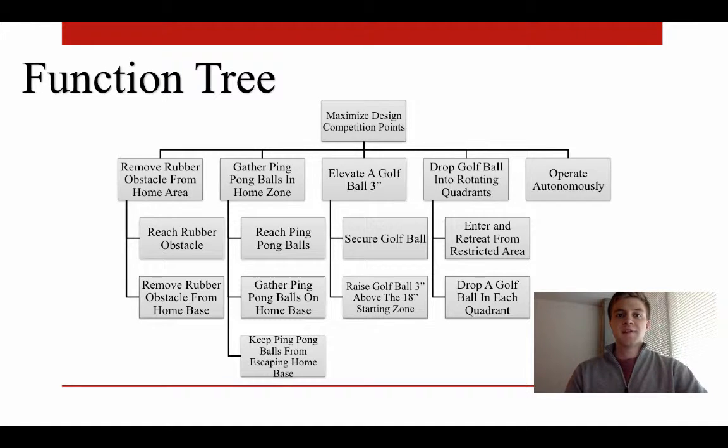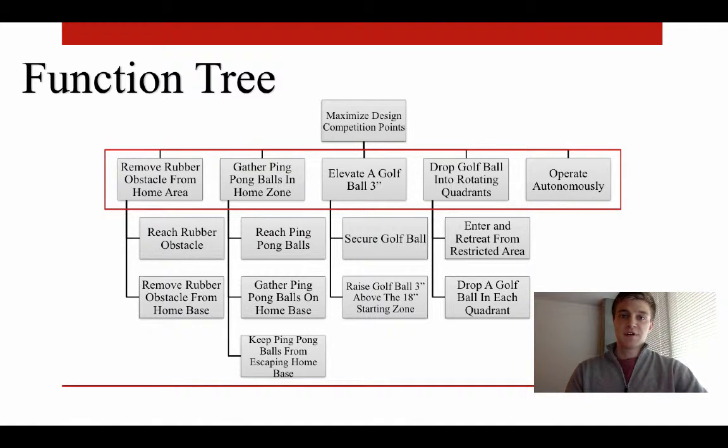The function tree begins at the very top with our most general and broad function. In this particular case, it is to maximize the amount of points we receive in our design competition. That function is then broken down into subfunctions. These subfunctions are more detailed than our original general function. However, they then can be broken down into further, more detailed subfunctions that can be assigned to particular group members